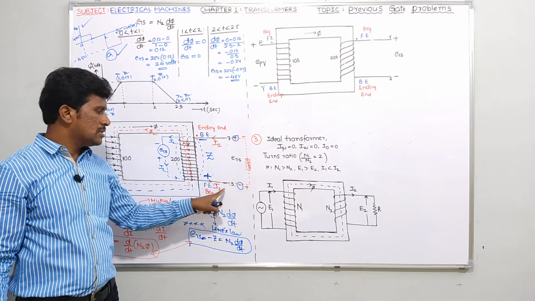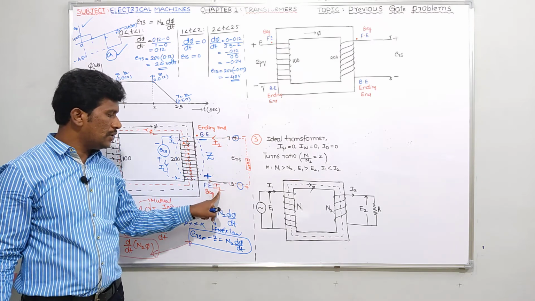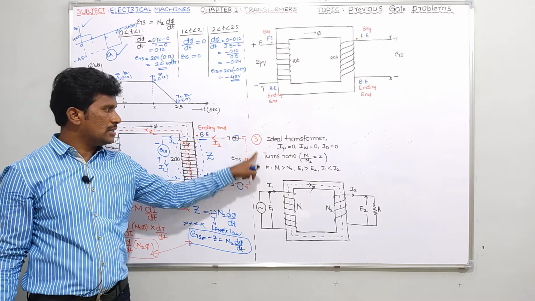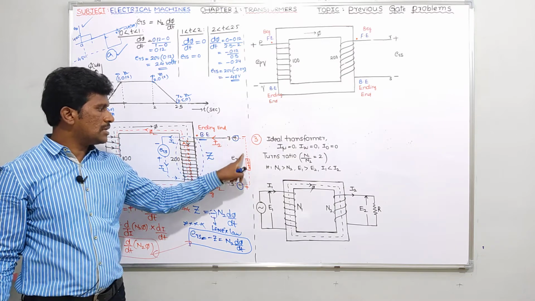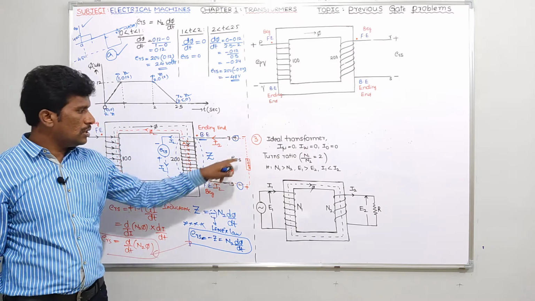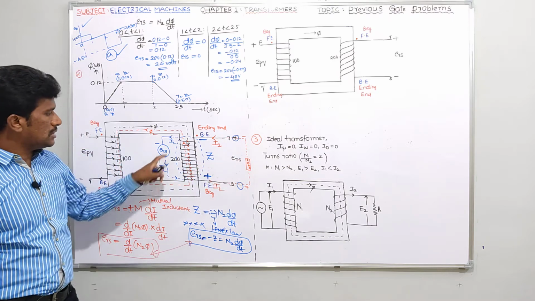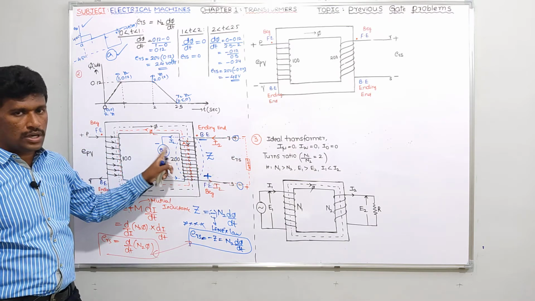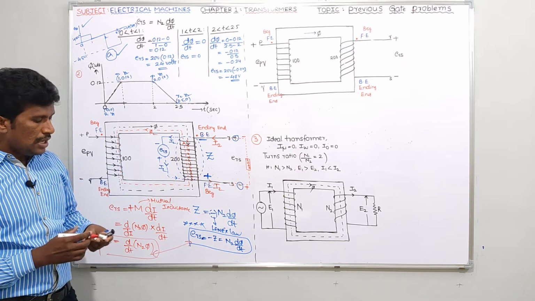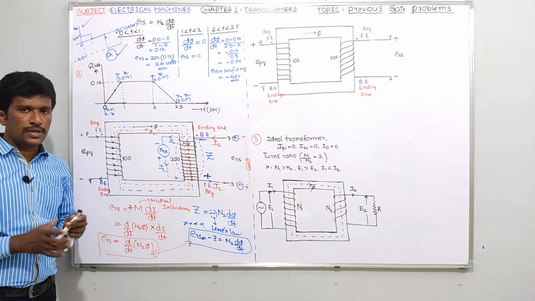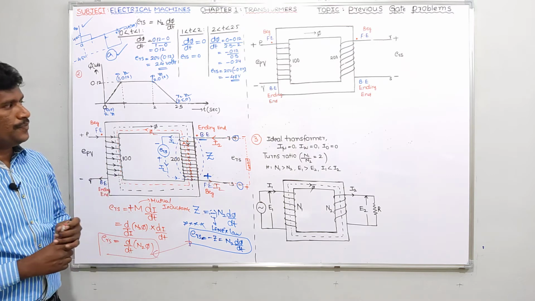What is that? Simple. Suppose you take the red color into account, for example 2 amps going like this, maybe minus 2 amps coming like this. It is not our important thing. So please give importance to this: please give importance to Lenz's law in the electrical machines subject. So your answer should be option A. Right, guys.